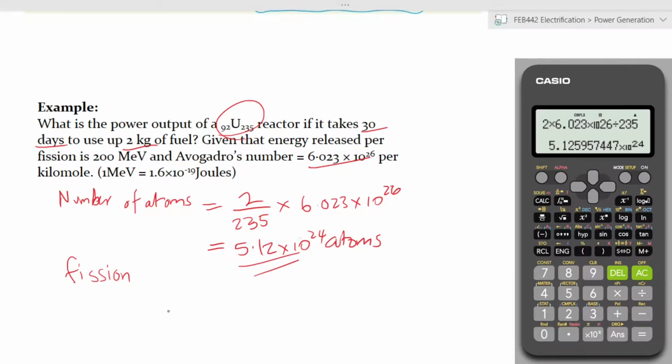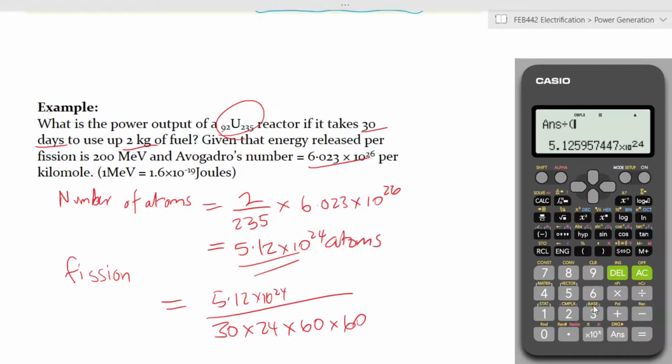Now, over 30 days, you have 5.12 times 10 to the power 24 over 30 days times 24 hours in a day times 60 minutes in an hour times 60 seconds in a minute. That is, divided by 30 times 24 times 60 times 60,